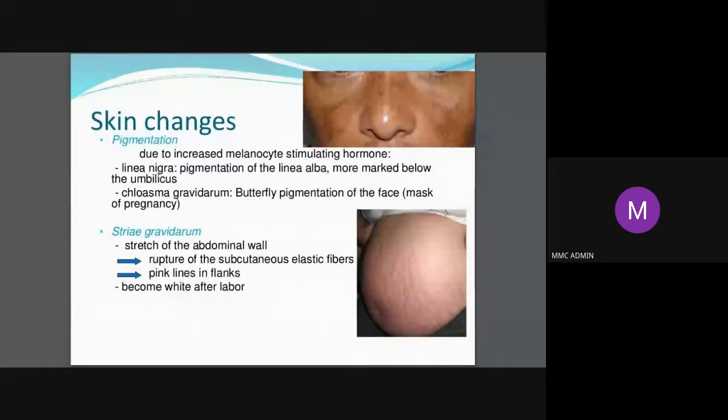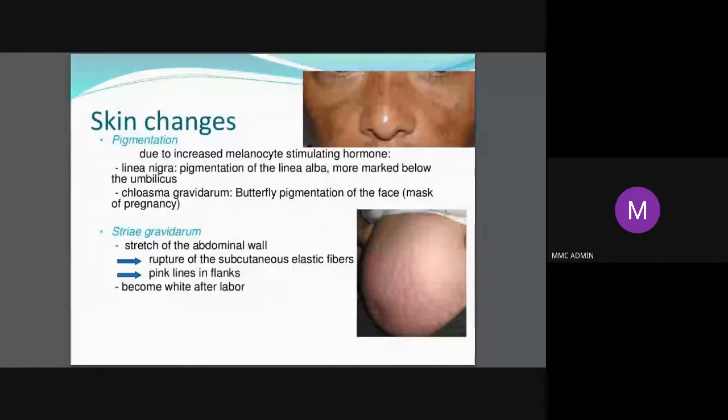Then striae gravidarum, very important because you may think that it is normal. For a lot of ladies, it can be really very distressing. Why do these marks come actually? Because of stretching of the skin. Cosmetically, it becomes very important because these striae don't really go away. During pregnancy, they are pinkish, and after they deliver, they remain as whitish strands. So ladies may not like it cosmetically. What can you do about it? Nothing much. You can ask them to massage some good oil so that at least a little bit it doesn't become very prominent.